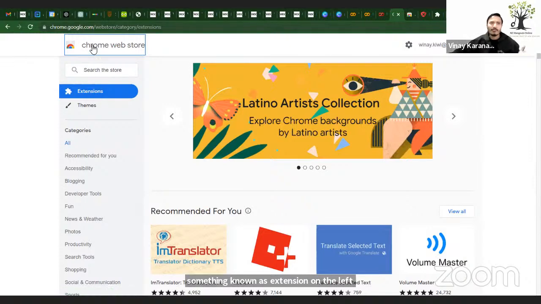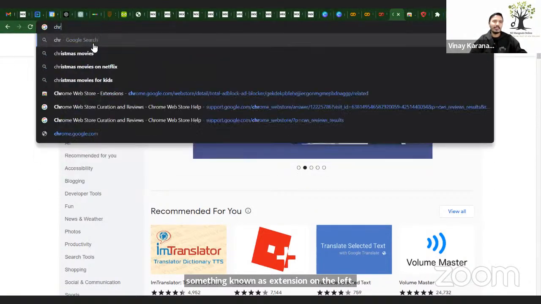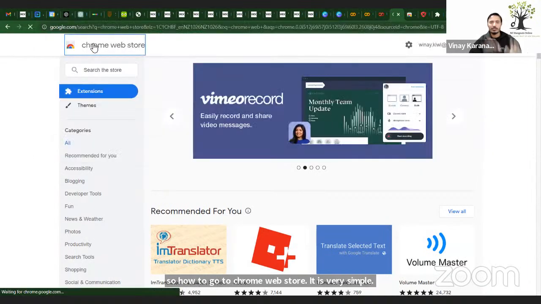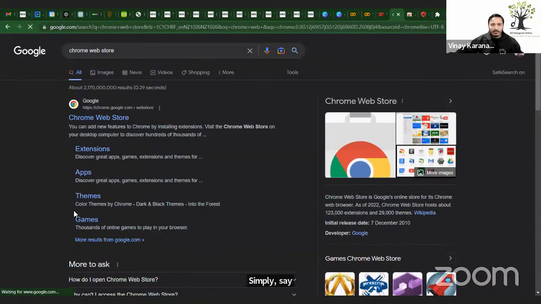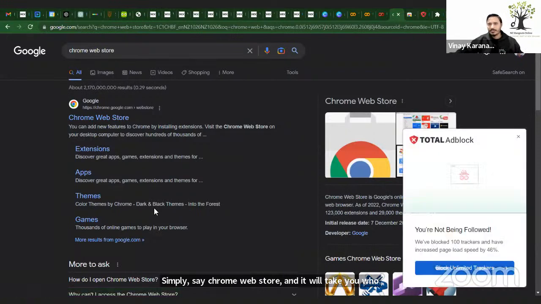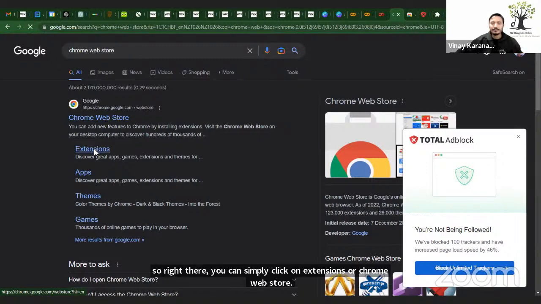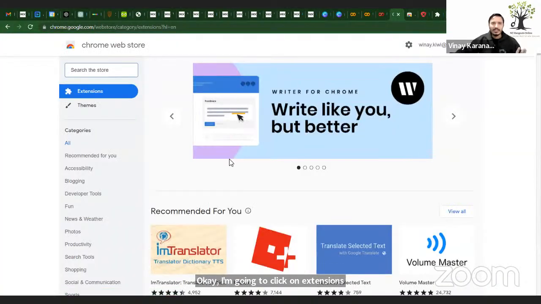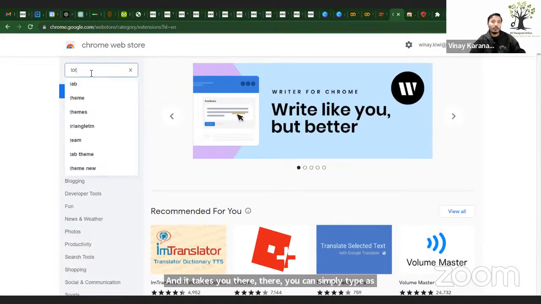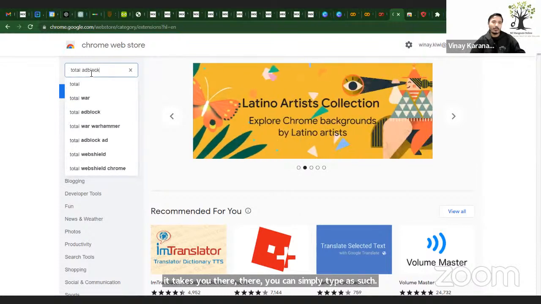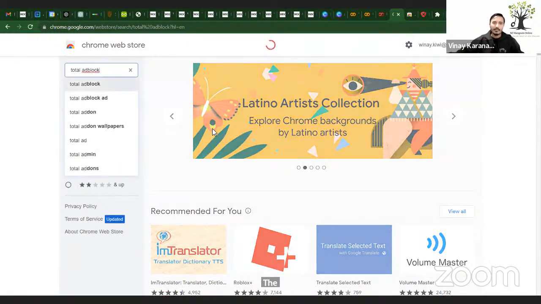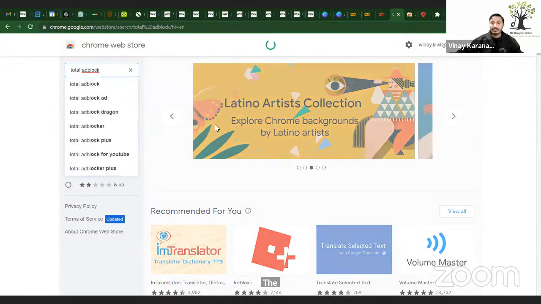So how to go to Chrome Web Store? It is very simple. You simply say Chrome Web Store, and it will take you to this particular page. Right there, you can simply click on extensions or Chrome Web Store. I'm going to click on extension, and it takes you there. There you can simply search the store for total ad block,